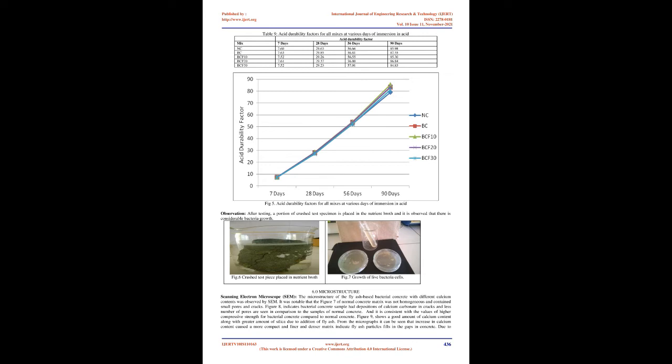Acid durability factor, ADF, can be determined as follows. 5. Acid durability factor, ADF, equals Sn/M, where Sn equals relative strength at n days, %. N equals number of days at which the durability factor is needed. M equals number of days at which the exposure is to be terminated.